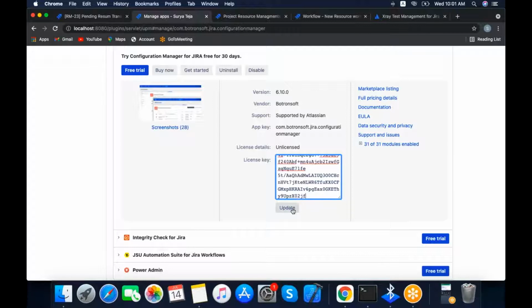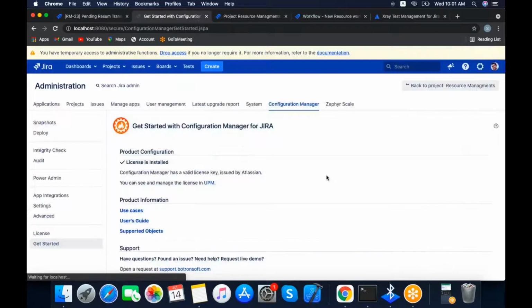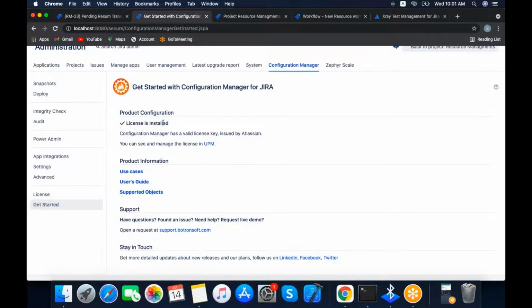Yeah, we need to apply manually here. Update. Get started. The license has been installed.